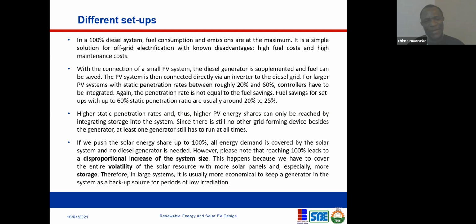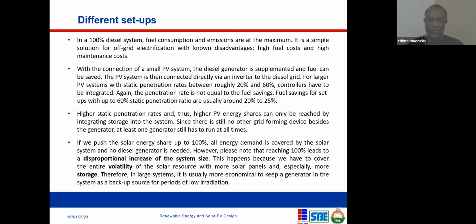However, it's more economical to have a diesel generator as a backup, as opposed to having an excessive storage capacity. And some of the early mini grids that were developed in Nigeria, studies that were conducted show